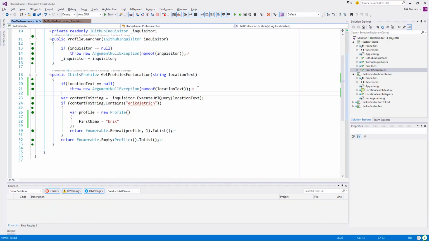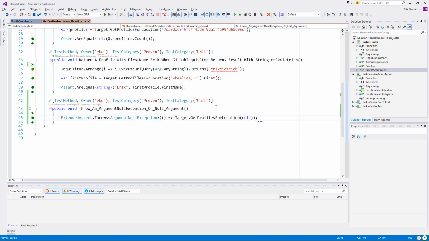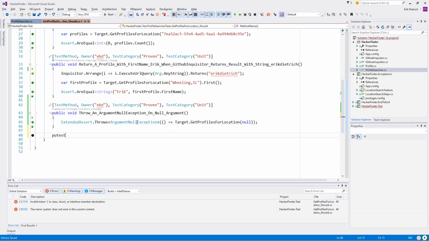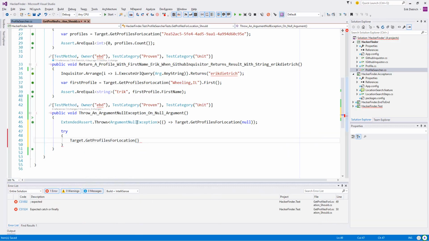now I'm going to do something interesting here that's a little off the beaten path. Let's see. I want to test that it throws an exception, but I also want to just write a quick, you know what? I don't want to keep it as a test because I don't care that much. I just want to run the exception for the sake of my own knowledge. Let's see, try. So what I'm going to do is try this.